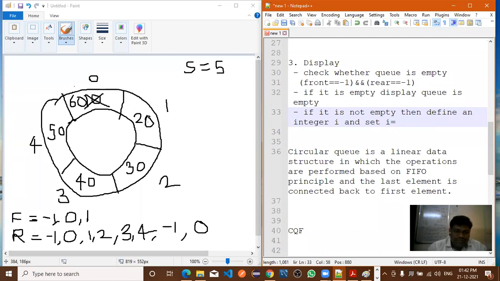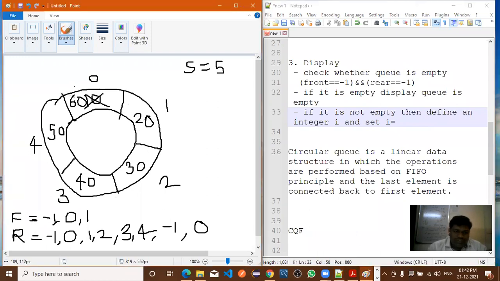Now here, front. Suppose this 60 is not in your list. Here the value of front is 1, right? Now from where are you displaying the elements? From 30 onwards, from 40 onwards, 50 onwards. Here this is empty, right? Or from 20 onwards. How are you displaying the elements from 20 onwards?